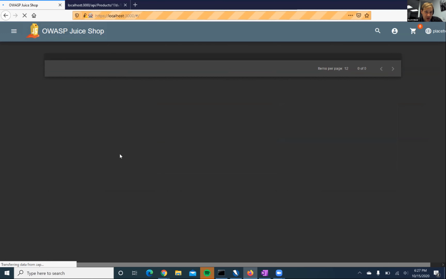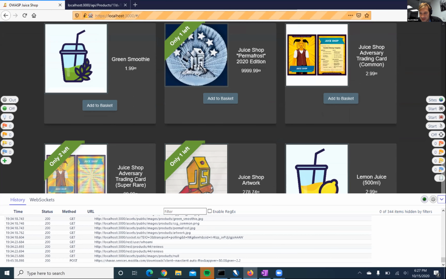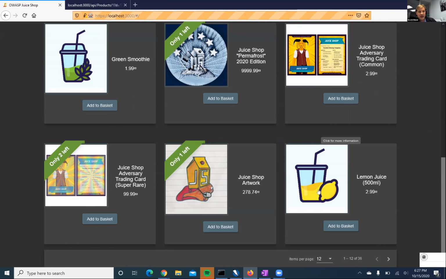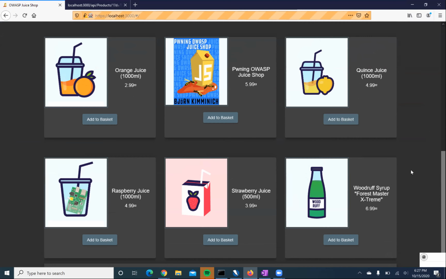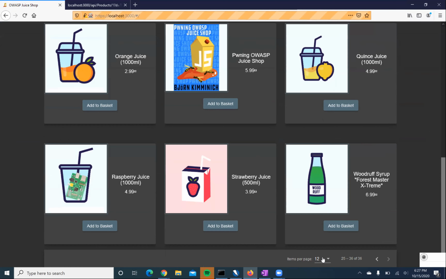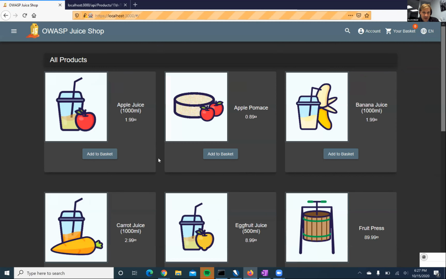Now refresh. Nope. I don't know why. What the heck is going on? There's some weird stuff going on tonight that wasn't going on before. You can also, down at the bottom where it says items per page, you can just increase that to the very maximum. This thing is getting in the way now again. Yeah, 36. But it's not there, despite the fact that it said success.